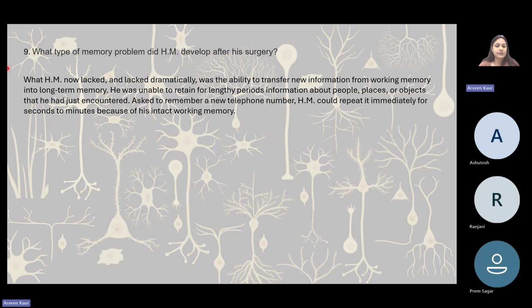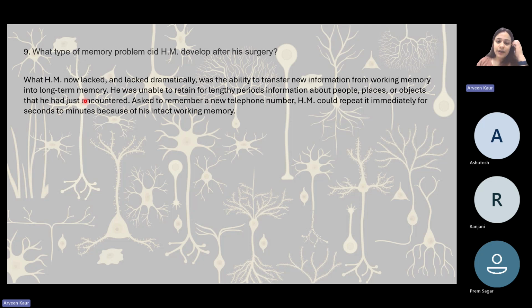So what was actually missing? What HM now lacked, and lacked dramatically, was the ability to transfer new information from working memory into long-term memory. So that potentiation, as we call it, long-term memory potentiation, was not taking place, right? He was unable to retain for lengthy periods information about people, places, or objects that